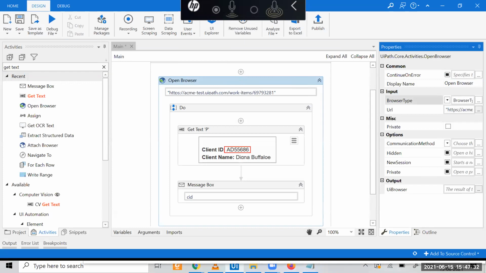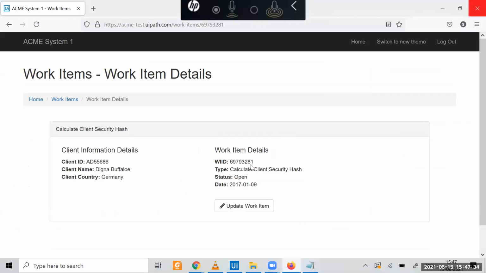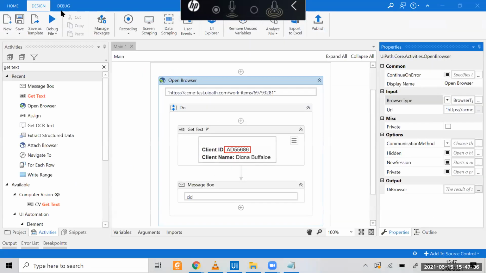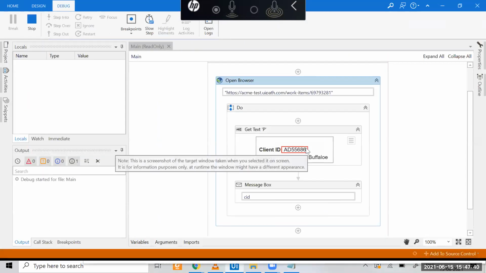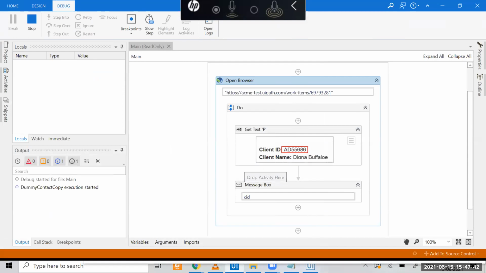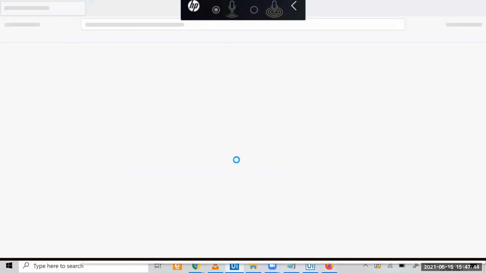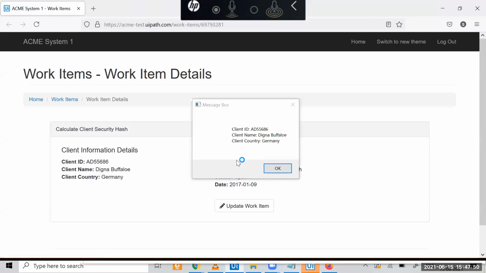Let me choose the Firefox one. Okay, that's the problem. It is choosing everything.